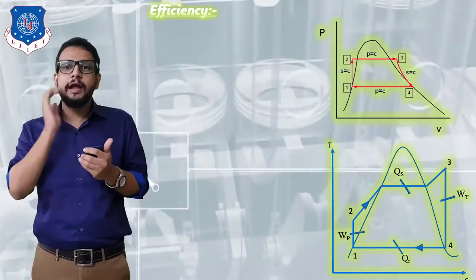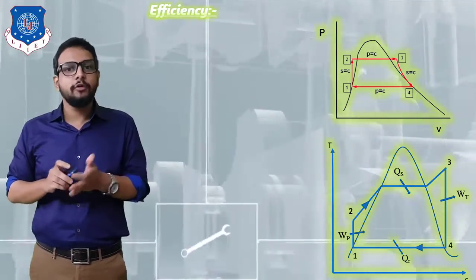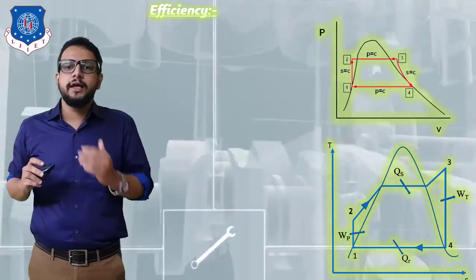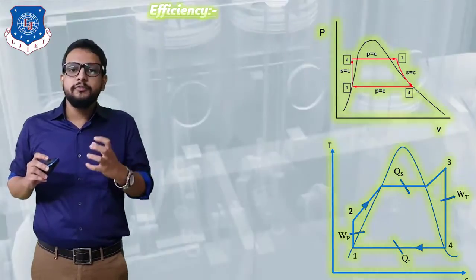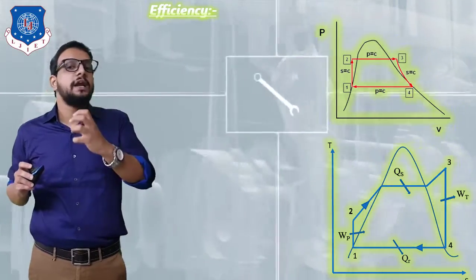And finally we have arrived at our point number 1 from which we have started. So this is how the PV diagram is going to be drawn. Similarly, plotting a temperature versus entropy diagram. Now for entropy, we are going to use our second law of thermodynamics. Remember that Q is equal to T delta S.